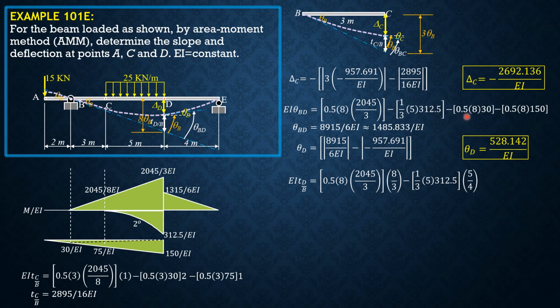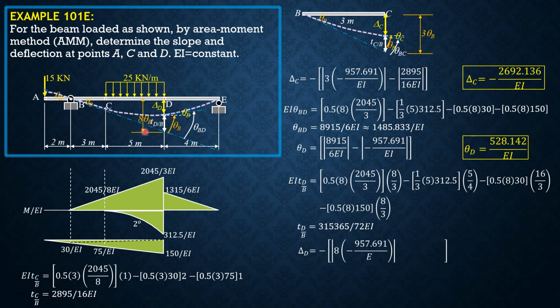Copy this area, minus 0.5 of 8 times 30. Then 2/3 of 8 is 16/3. The moment arm is 16/3. Then copy this area, minus 0.5 times 8 times 150. The moment arm is just 8/3. 0.5 times 8 times 150 times 8/3. So computing for the deviation of D relative to the tangent at B, it is equal to positive 331.5365 over 72 EI. So finally, delta D is negative of the absolute value of 8 theta B